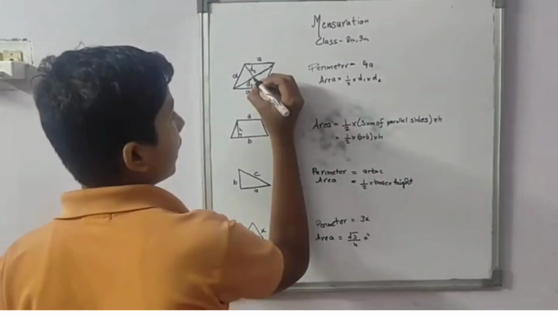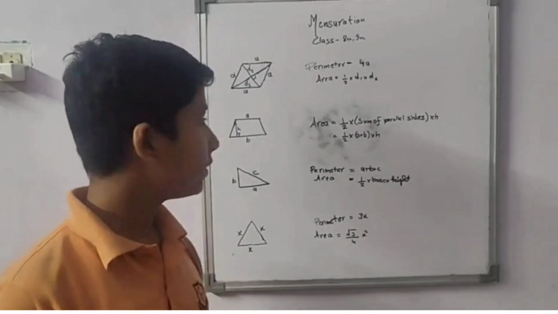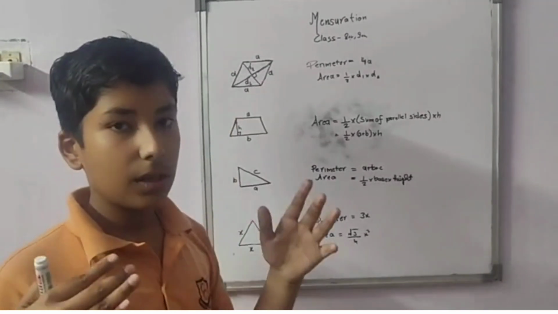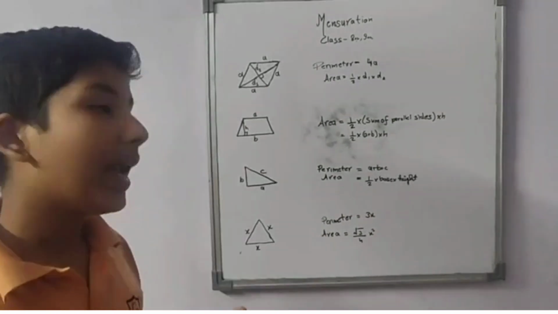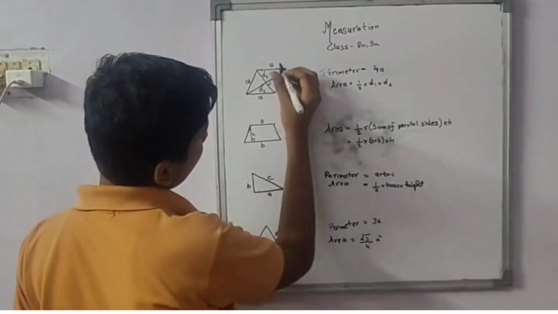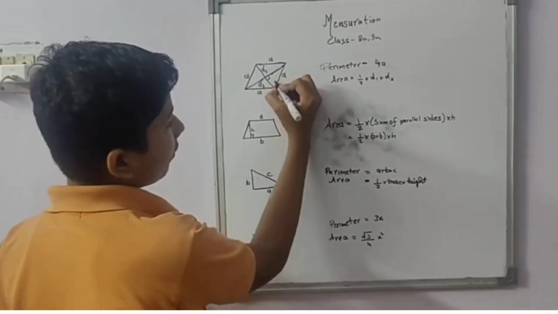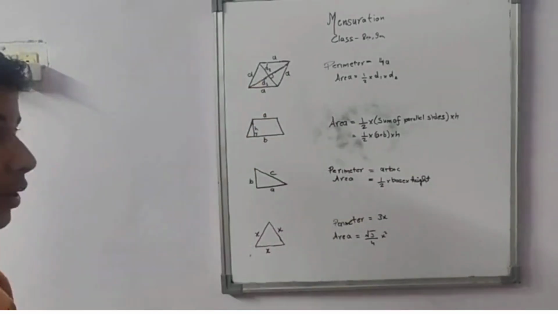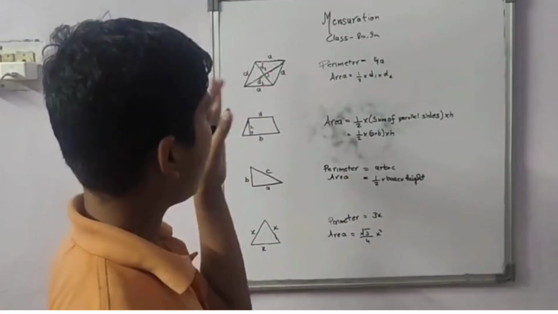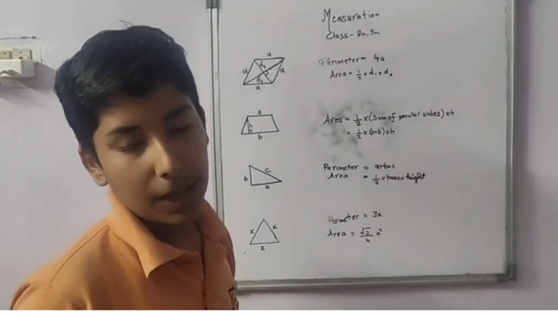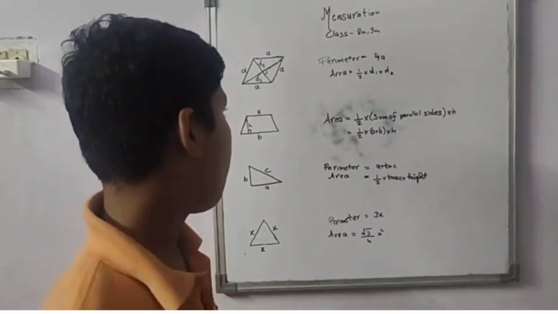But there's one thing, when their diagonals bisect each other, means they crisscross each other, the angle which will be formed between them will be 90 degrees. So if we form the diagonal, there will be 90 degrees and it will form a right angle triangle, as you can see above. What will be its perimeter? As I told you, all the sides of this are same as square, so it will be 4 into side, but the area will be different.